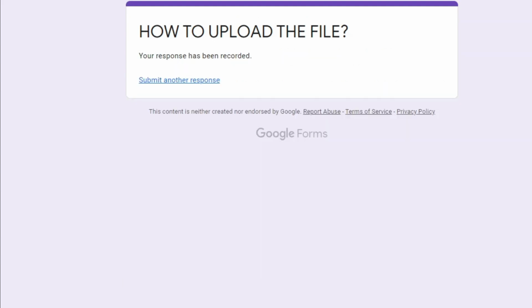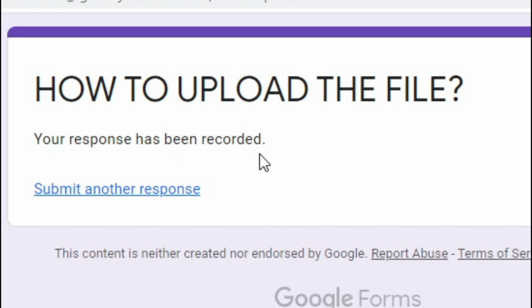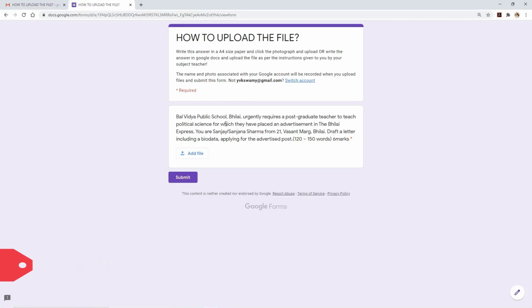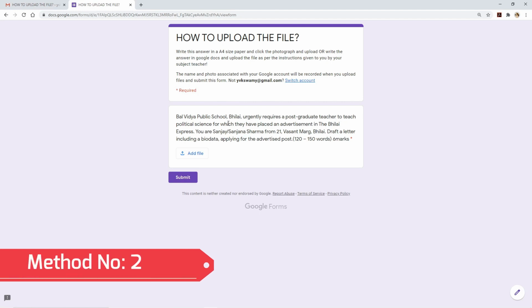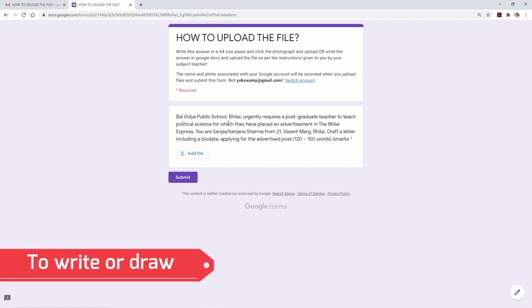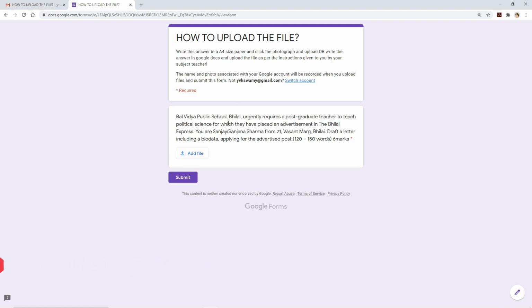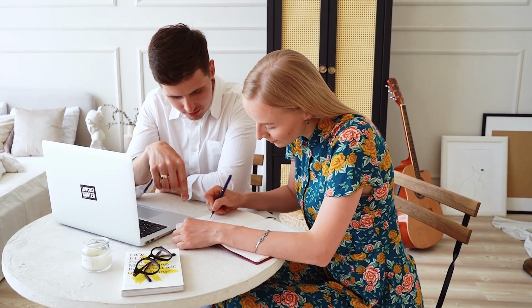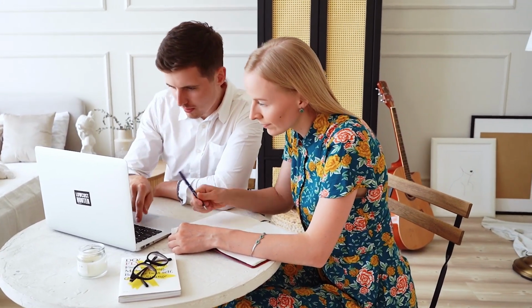Now once you select submit, here you can see your response has been recorded. Now let me show you another method to submit this form. Let us click once again. Now you have written the answer in an MS Word document and you have uploaded it in the previous attempt. But if it is a mathematics answer or any other answer which requires you to write the answer on a piece of paper and upload the file, if you are using a laptop or a desktop, then you have to take the help of the mobile phone and you have to click the photograph